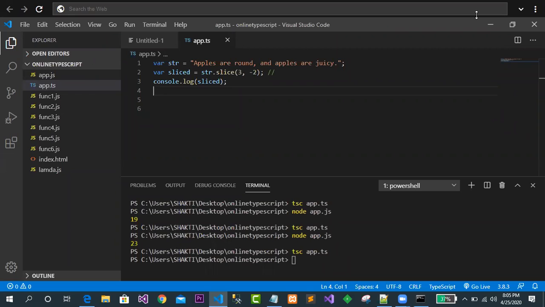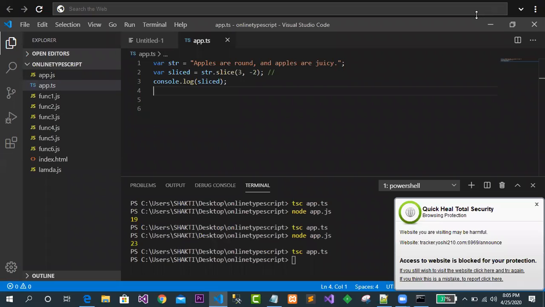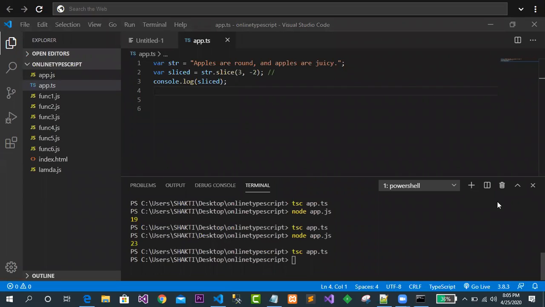What kind of answer have you given? Tony is telling "apples are round and apples are juicy." Huh? What kind of answer is this? Anyone, guys? Please tell me. No one. I think everyone slept.